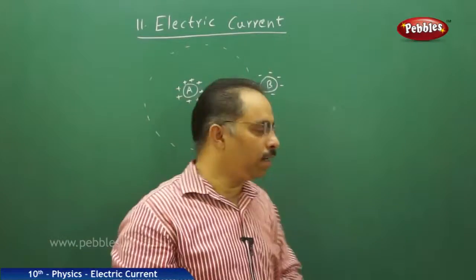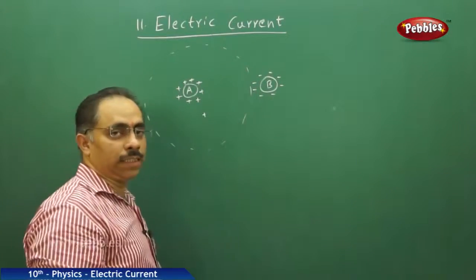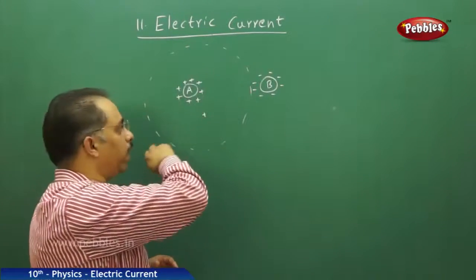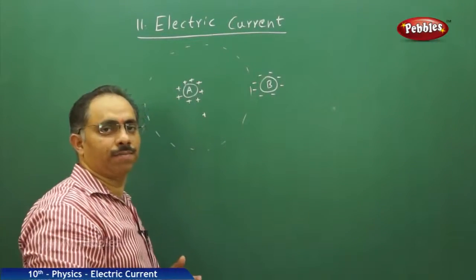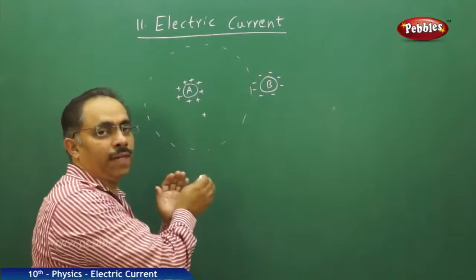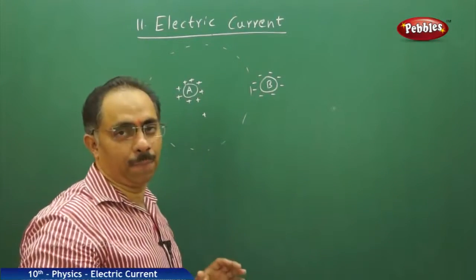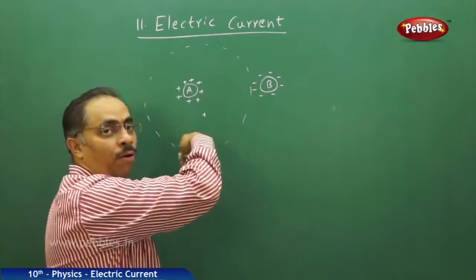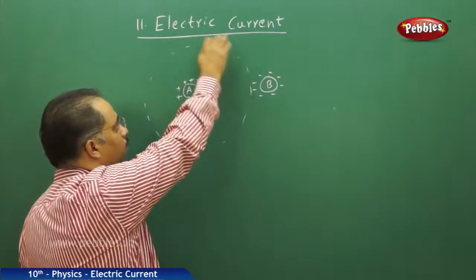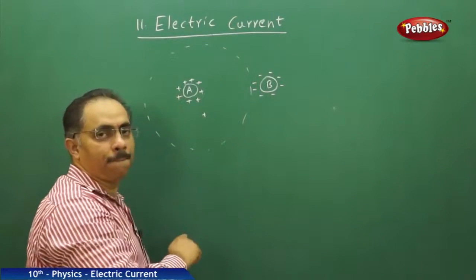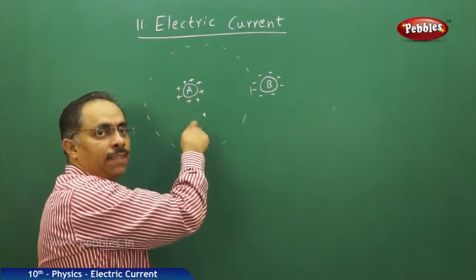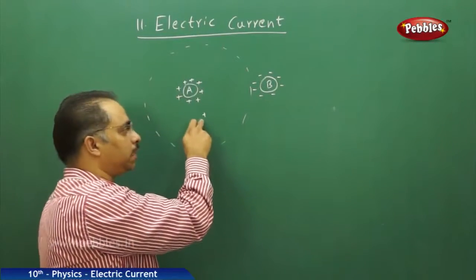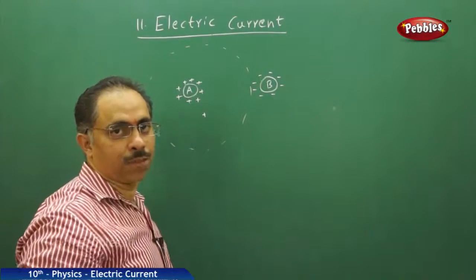Now here, this is a positively charged body A. It has some region surrounding it where we can feel its influence. That region we call the electric field. I am just drawing a boundary here, assuming that this is the boundary of the electric field for this charged body A. Within that region, that means within the electric field of charged body A, if I place one more small charged body,